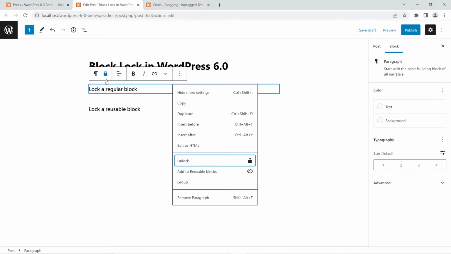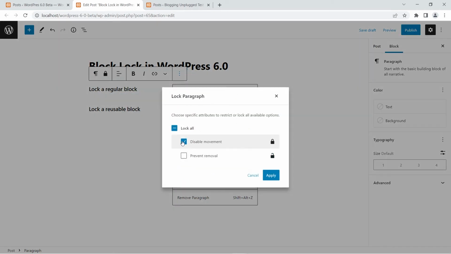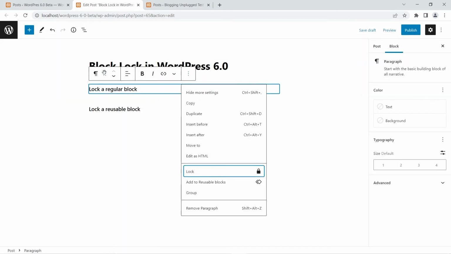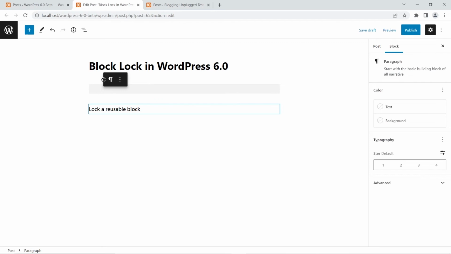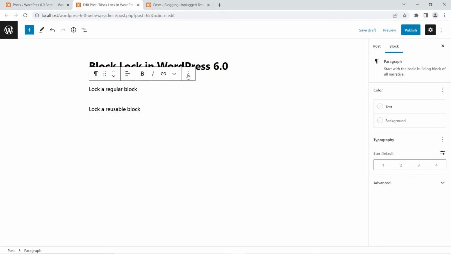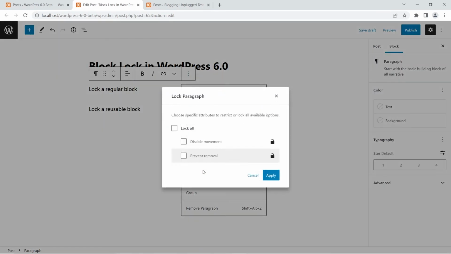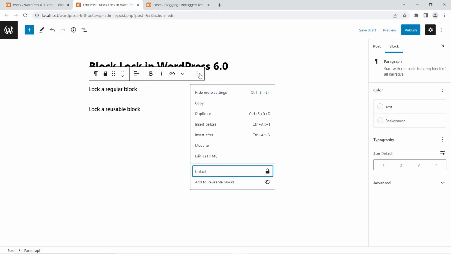Now I do not get the option to move it. You can see the lock option right over here. Click unlock, and we are going to remove this and click apply, and we will be able to move this. You can see this option right over here. Now I'm going to lock this again, and prevent removal is what I'm going to select, and click apply. Now you will see the remove block option is gone, the remove paragraph option from right over here is gone. Now I'm going to unlock it